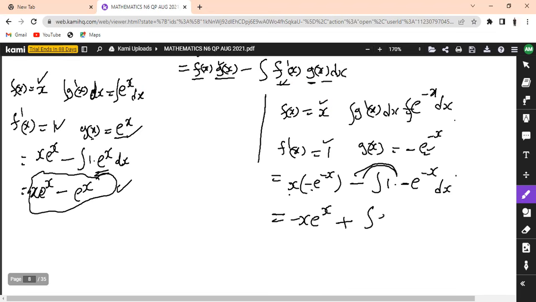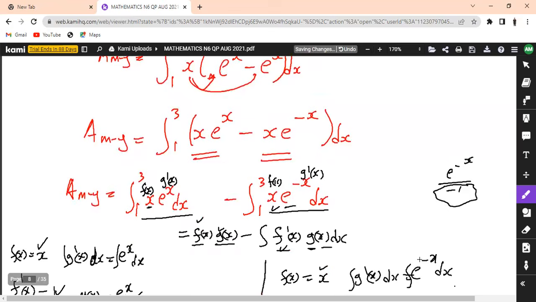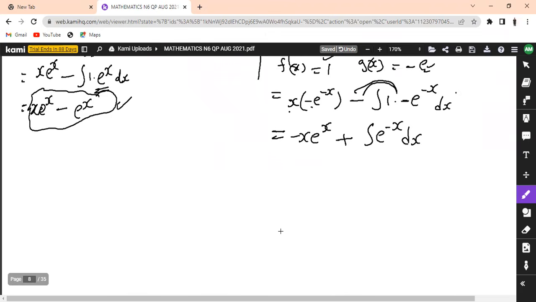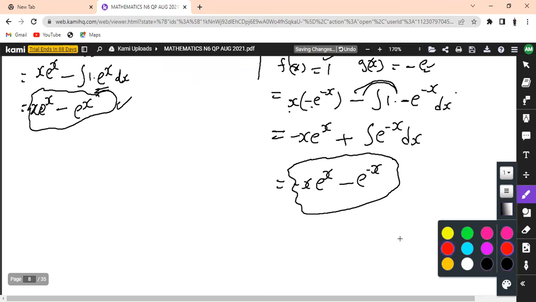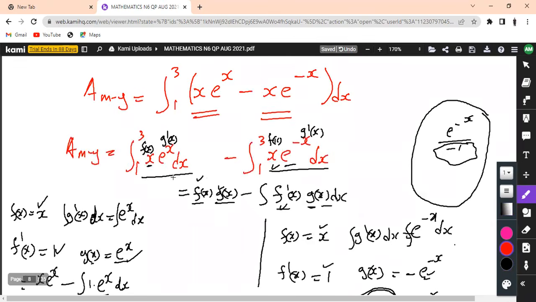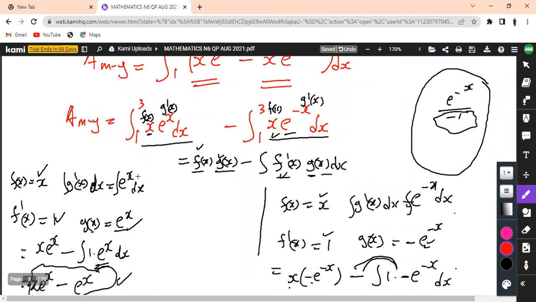But the moment we integrate this e to the exponent of minus x, it's going to give us a minus. Remember the integral of e to the exponent of minus x, we ended up with a negative. So that means we are going to have a negative here. So it is going to be minus x e to the exponent of minus x, and this will be minus e to the exponent of minus x. Okay, so this is what you're going to have at the end from these two integrals. So we have to combine. We did this integral separately and the other one separately. So therefore,